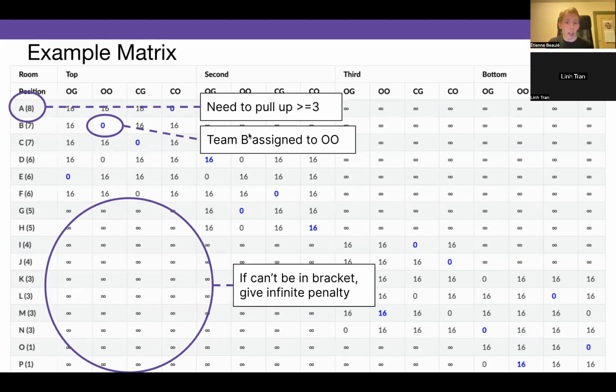And we can see that the numbers in blue mean that we've assigned team B